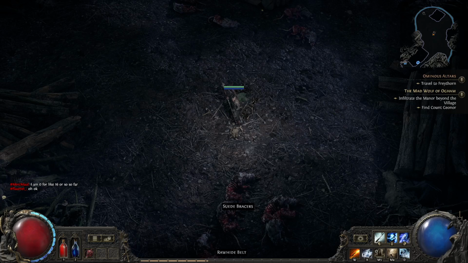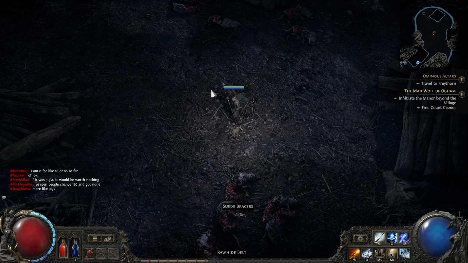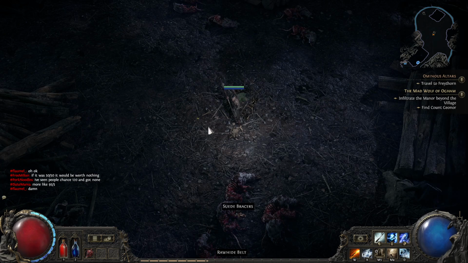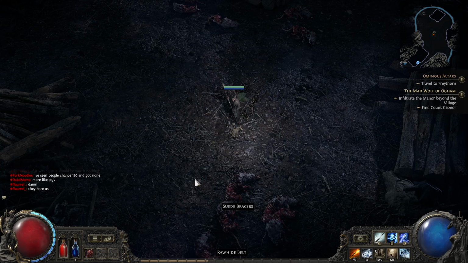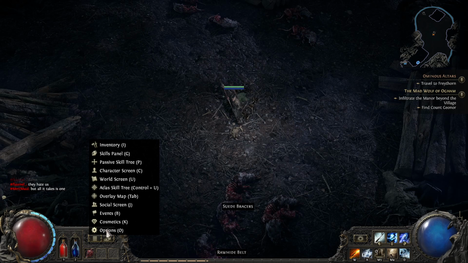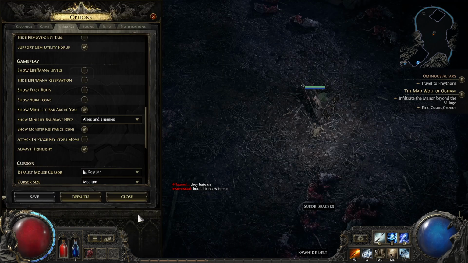Hey everyone, in this video I'll show you how to always see your life bar above your head in Path of Exile 2. In order to do so, first off, here we are in Path of Exile 2, and what you can do is you can either press O on your keyboard or you can come down to these three bars, open this up and select Options, and then from here we want to go to Interface,